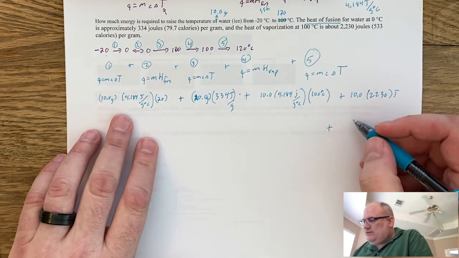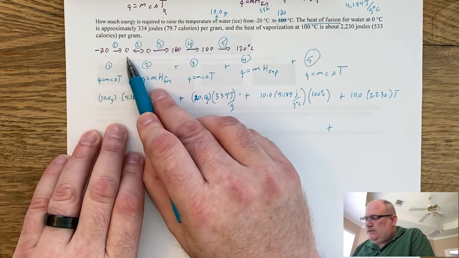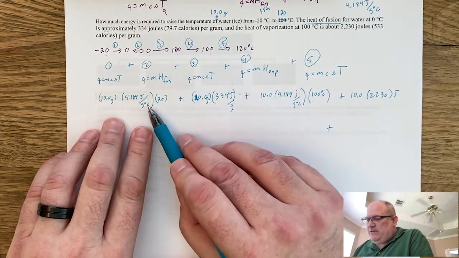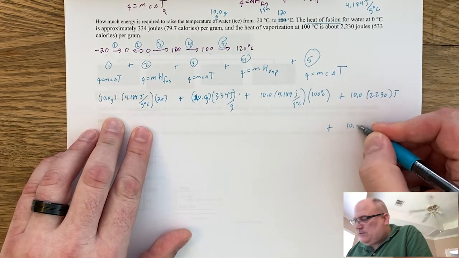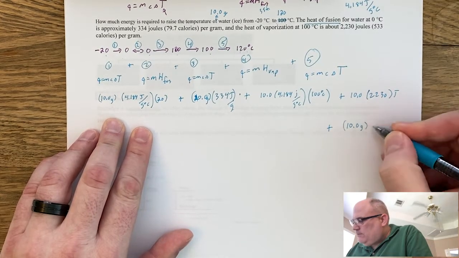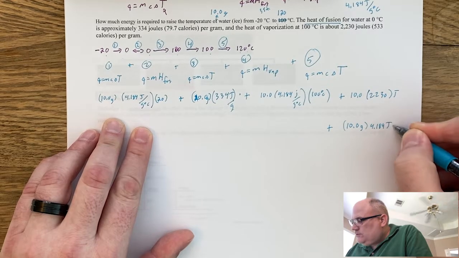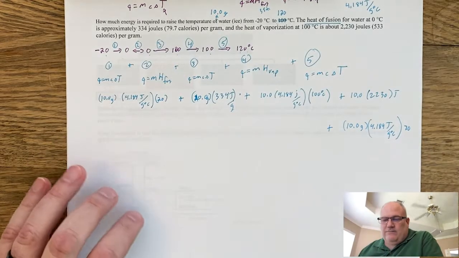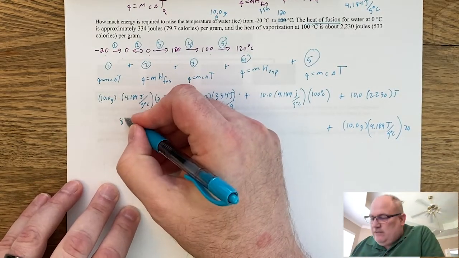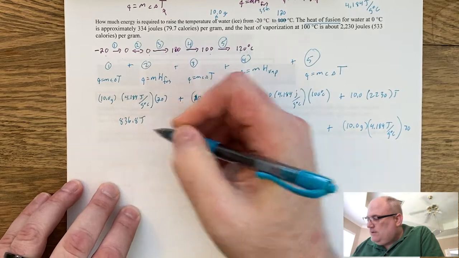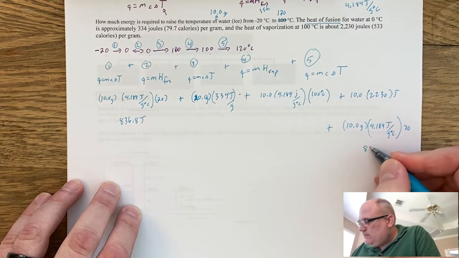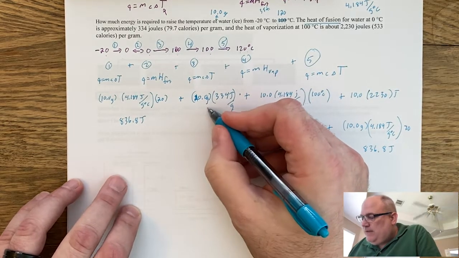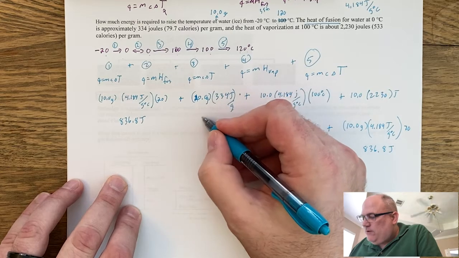And I want to point out something to you here. Do you see how when we go from 20 to 0, it's the same temperature change as 100 to 120? So wouldn't it be exactly the same value as this right here? But we're going to write it in here anyway, 10.0 grams times 4.184 joules per gram degree Celsius. All of that times 20. Now, I did the math in advance on this, and I got 836.8 joules here, which, not surprisingly, over here we get 836.8 joules. Here, when we multiply 10 by 334, we're going to end up with